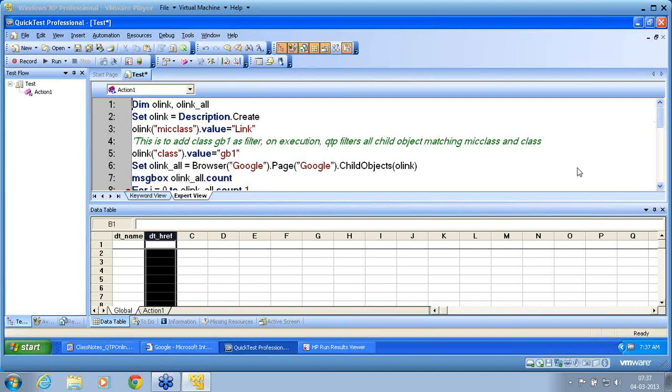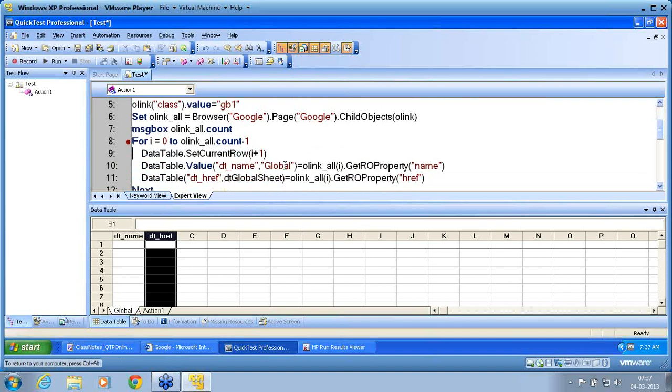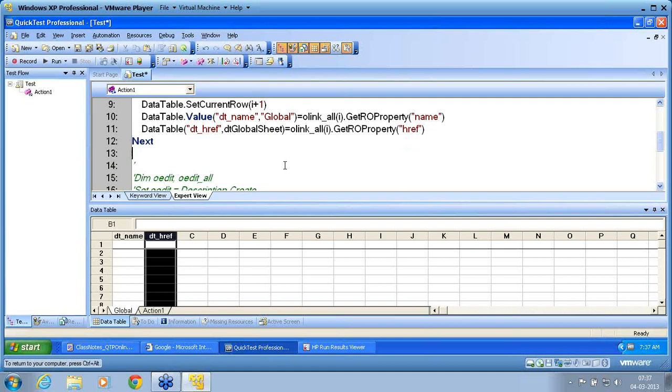Now, my next job is I have collected the link information and stored it into a table. Now, using the table, I would like to click on that link in the application under test, retrieve the title of that page, and again store it back to the data table against each of the objects that I used to retrieve. That is my next step.